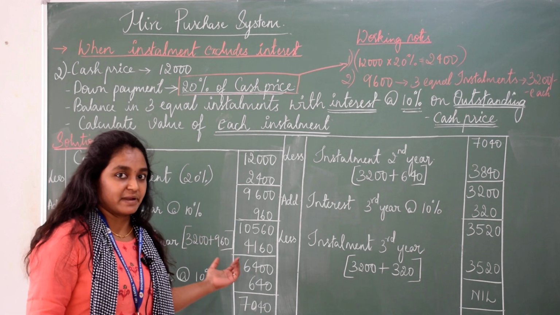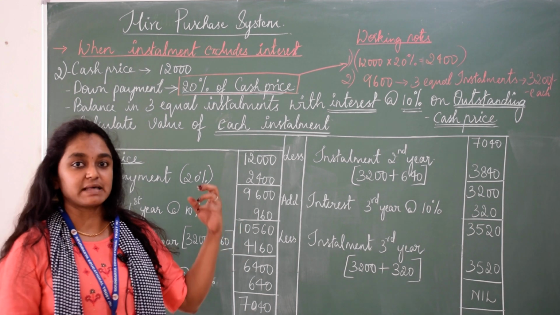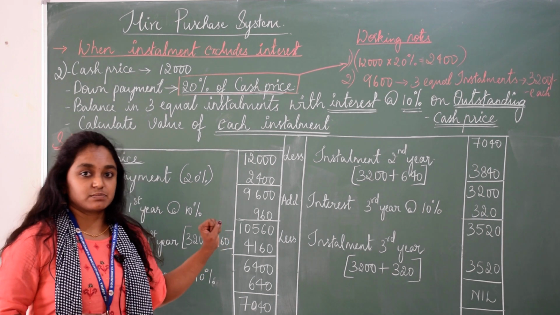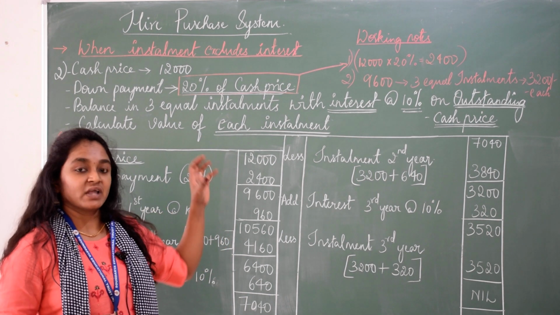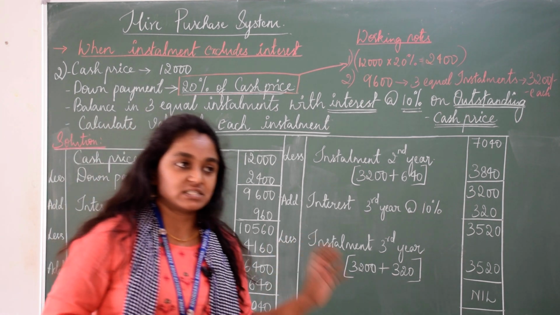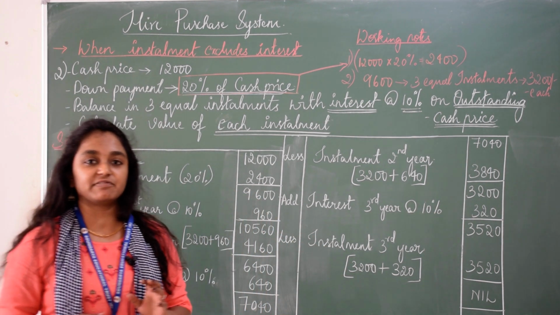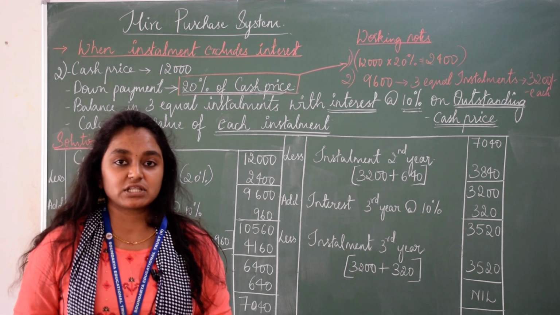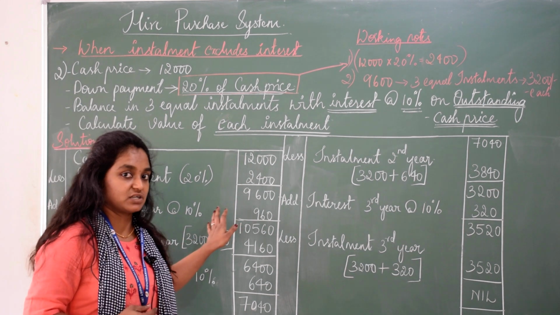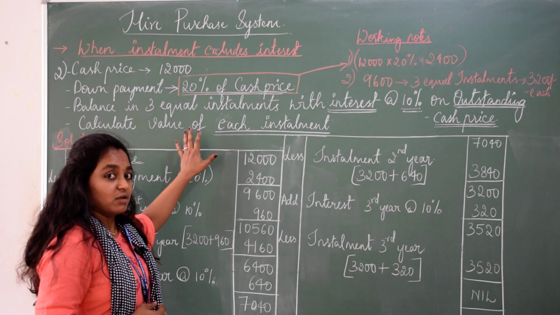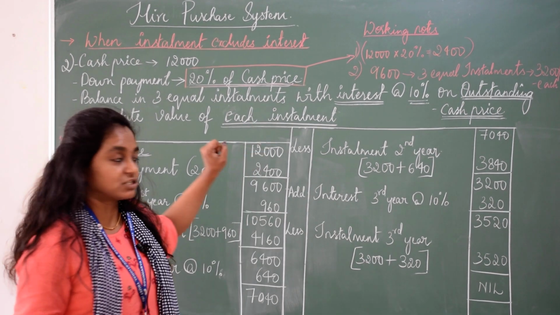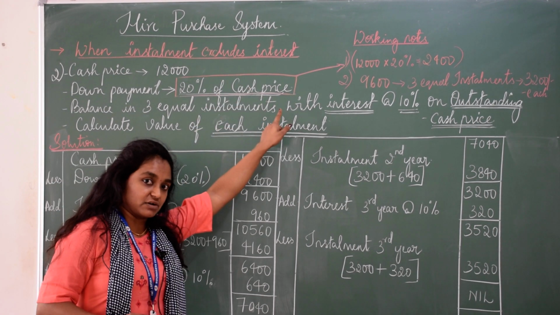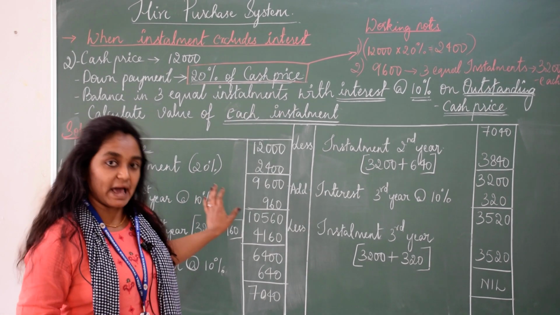As we have seen already in the previous session, we started off with hire purchase basic problems, that is 6 marks questions. Moving on to the next adjustment in the 6 mark questions, let's see how the problem starts. Before starting today's, let's have a brief introduction about what we did in the last class. The first question that we solved in the previous session with hire purchase was the installment which includes interest, but in today's session we have to see when the installment is exclusive of the interest amount, how the calculation happens.